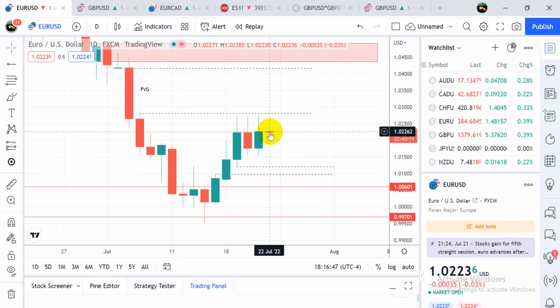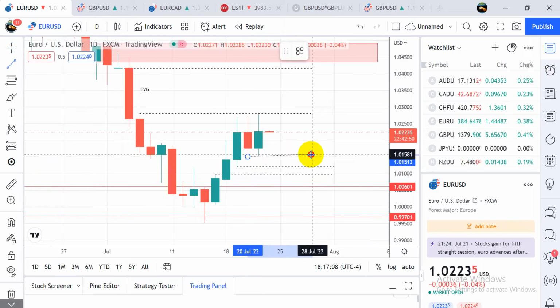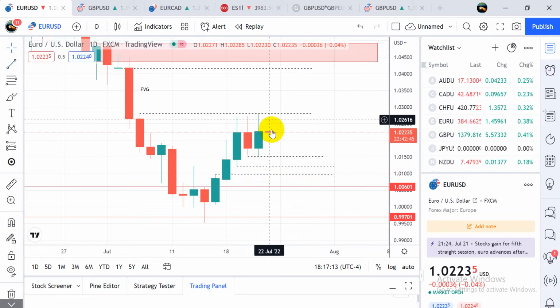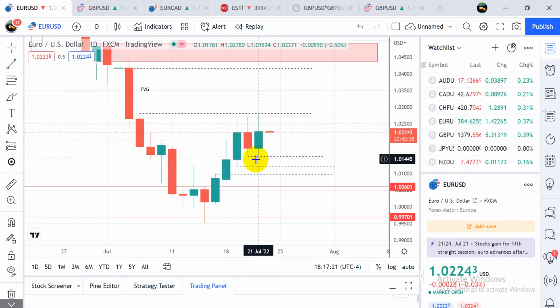Today is Friday, and I don't expect price to take out buy side. If we are expecting bullishness, we would expect price to take out sell side liquidity first. This is my first idea for the downside first. So if I expect price to spend more time up here, I would expect price to take out the sell side first,